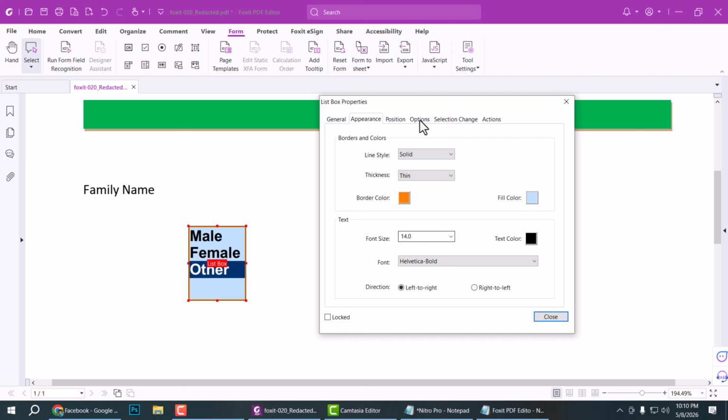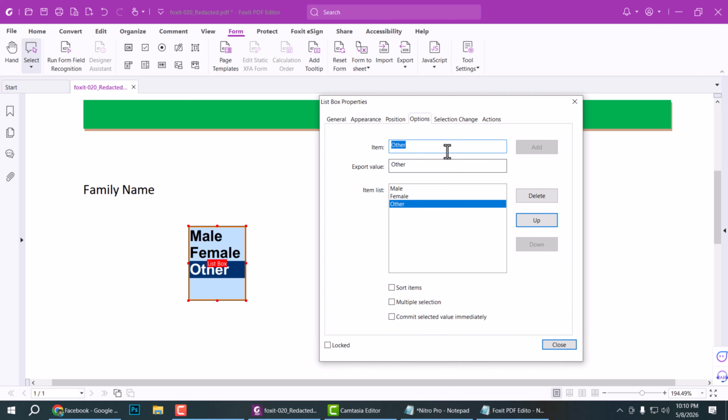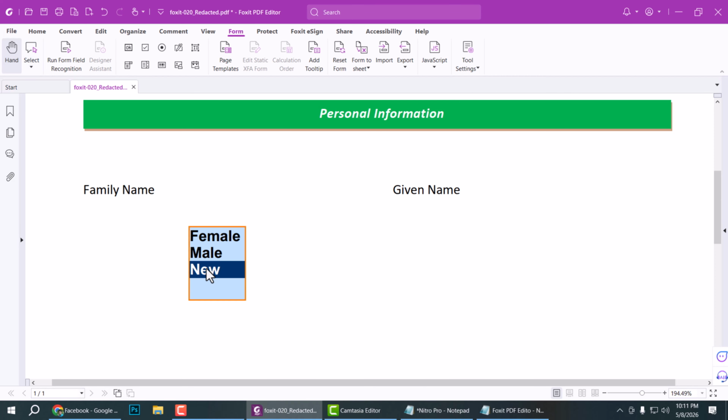and this options menu. Here you can add a new item or delete any item. And select add and type this word, now added here. Also you can sort this item and so on. Now select close. Now press the hand option and see this,